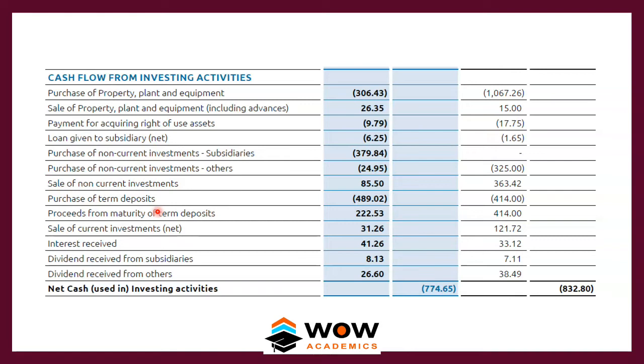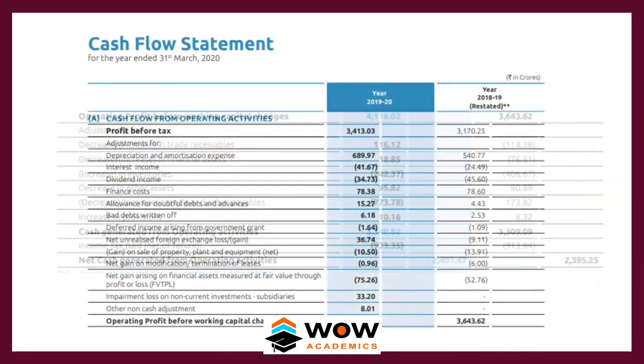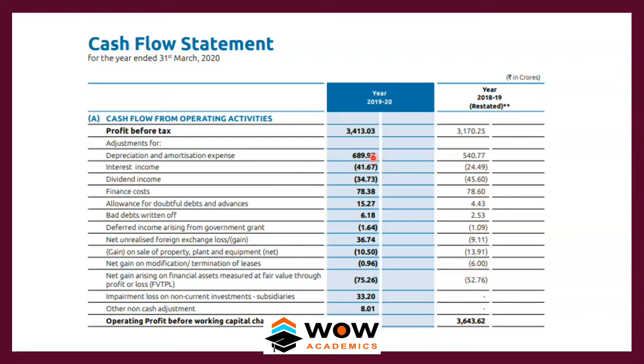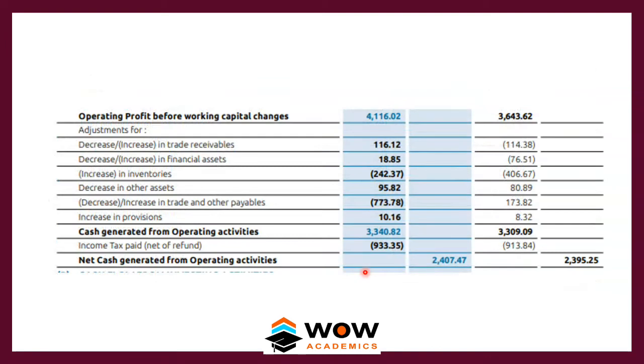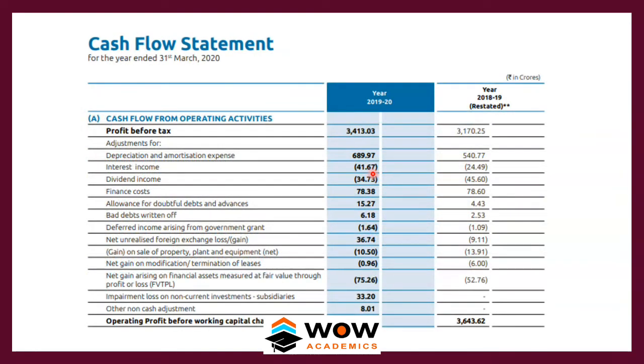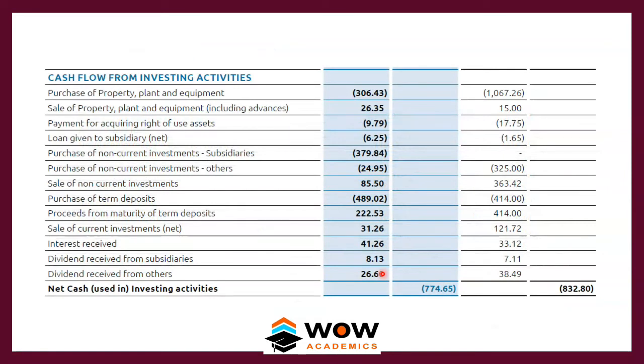It's an investing activity. Interest received, what we deducted there, that is added back here. So interest income was 41.67, which was deducted there, should come here. You could see the same number 41.26 is here. Any dividend received from other companies is usually added here. So if there's any dividend income, it's 34.7, that should be added here. So if you add this, I think it comes to